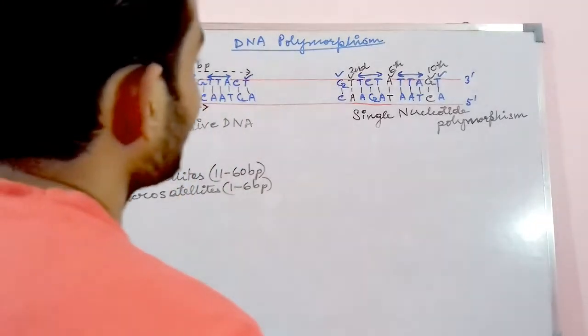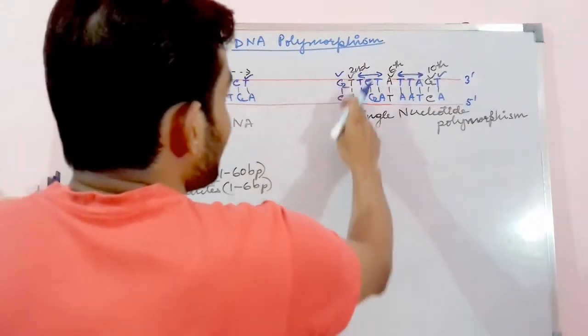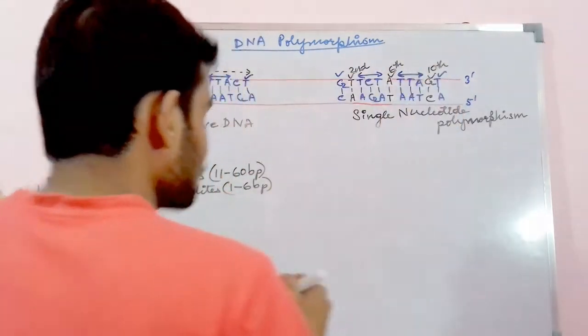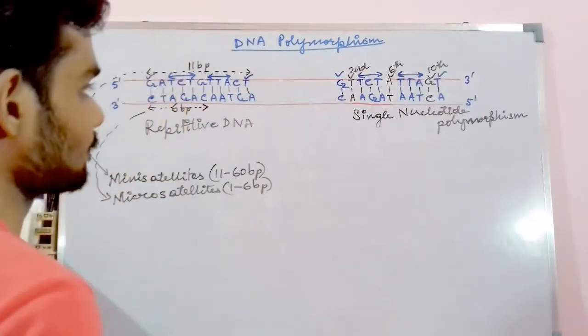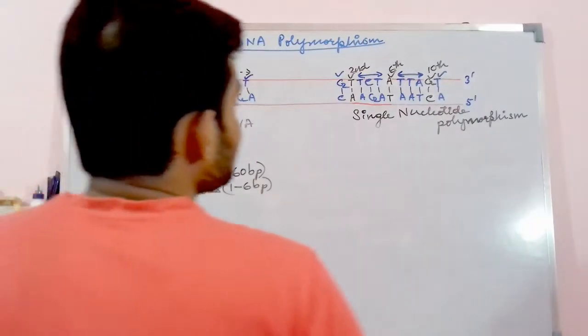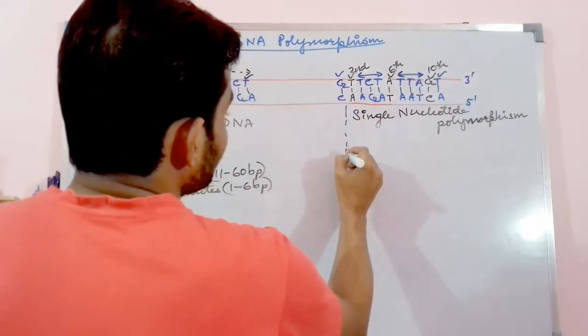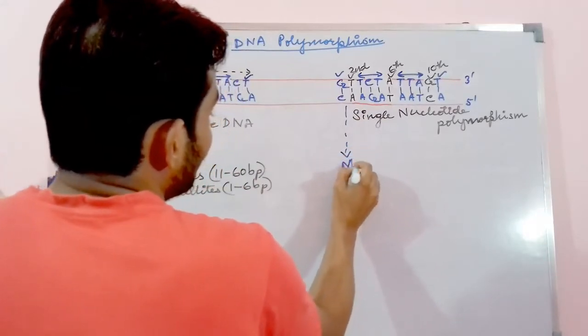Okay. Only the nucleotide or the base pair at the second and the sixth and the 10th position have showed difference. This phenomena is known as